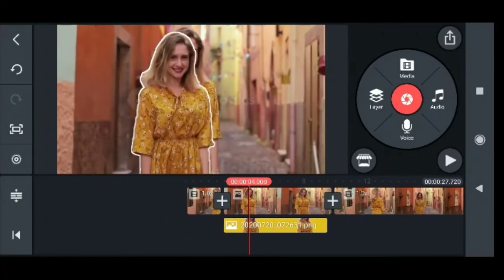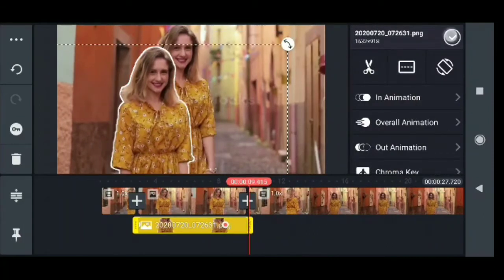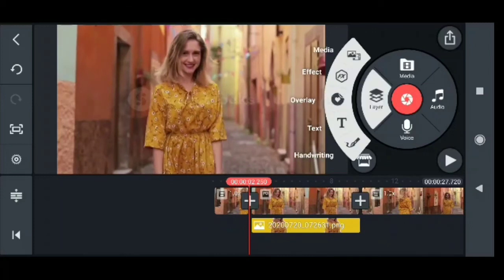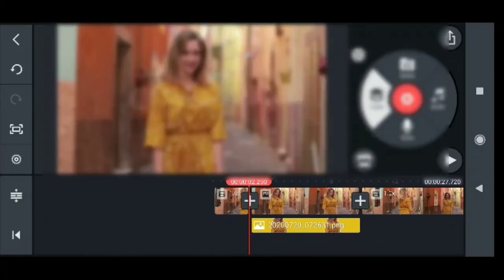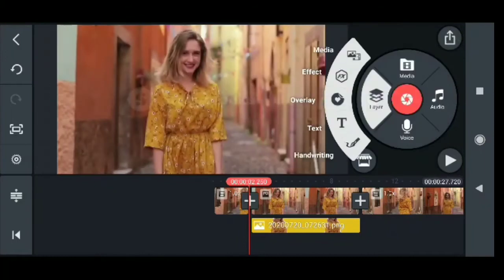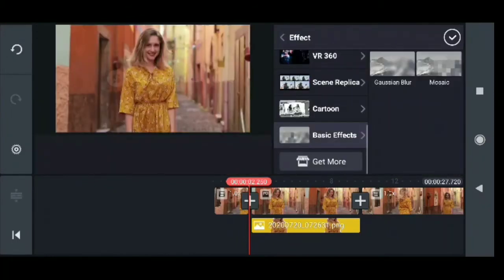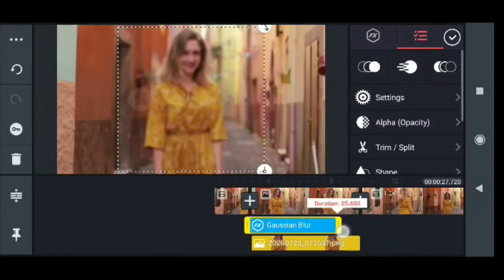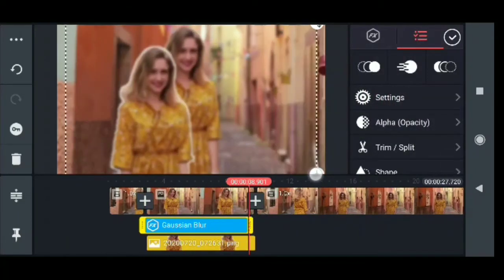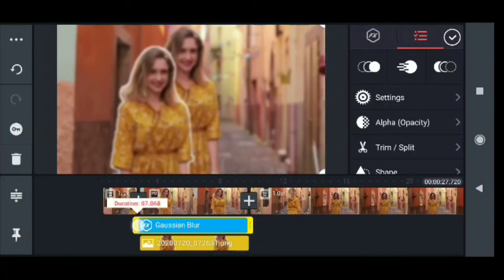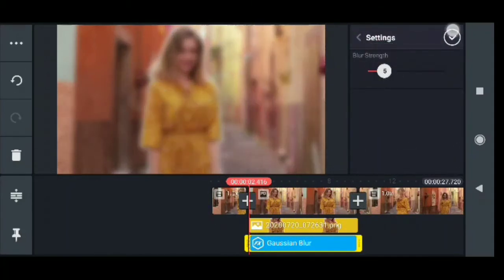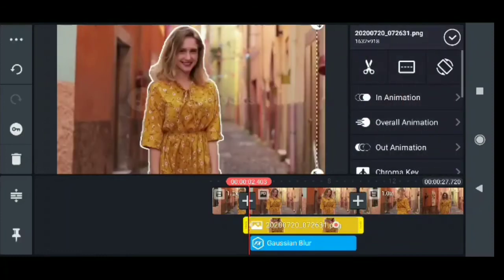And I am adding blur for the background of the image, and I am extending the image. See this one, you can see on the screen. Take a layer and go to effects and select the Gaussian blur, so you can add blur to the background. See this one, I am extending the blur throughout the screen, and go into settings and increase the blur strength,